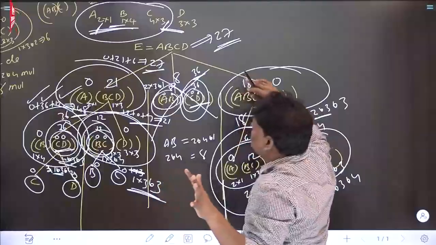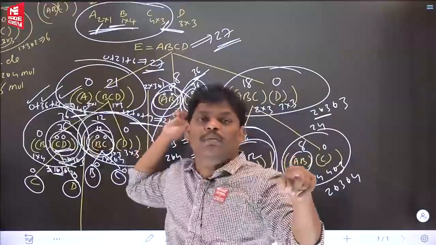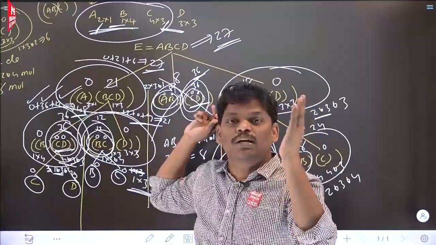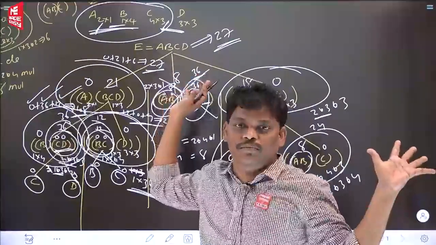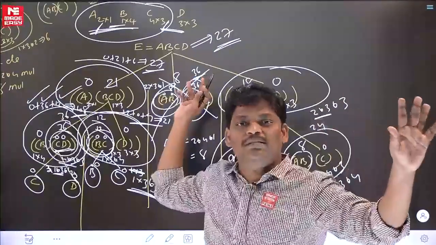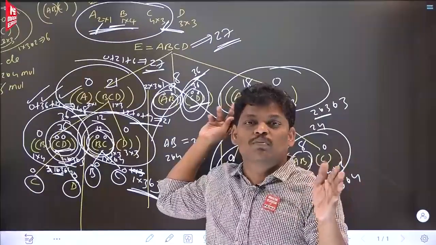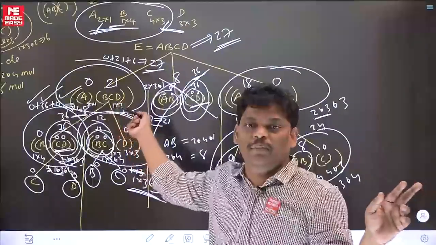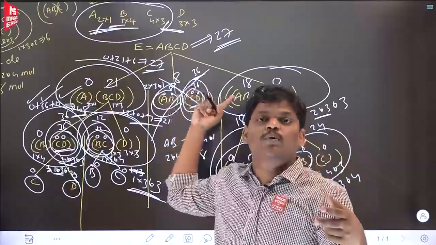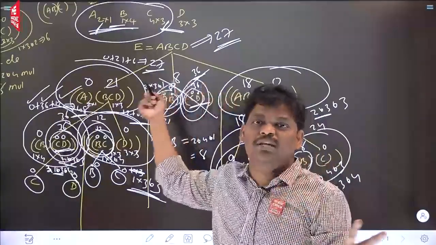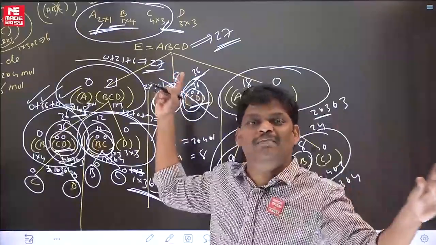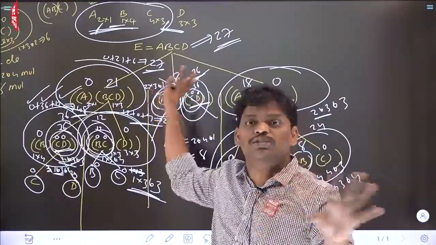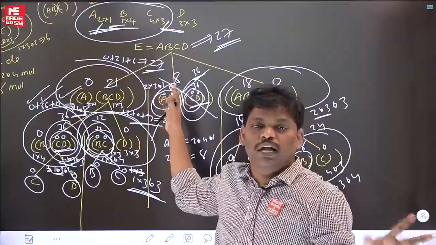Now listen, everyone. I am repeating once again: in dynamic programming, the most important application is matrix chain multiplication. In the previous 10 years' papers, if you see, it came almost 5 or 6 times. Most probably it will come next year also. Please take care. It came many times in the previous papers. Mostly a numerical problem will come, something like this. Please be careful.